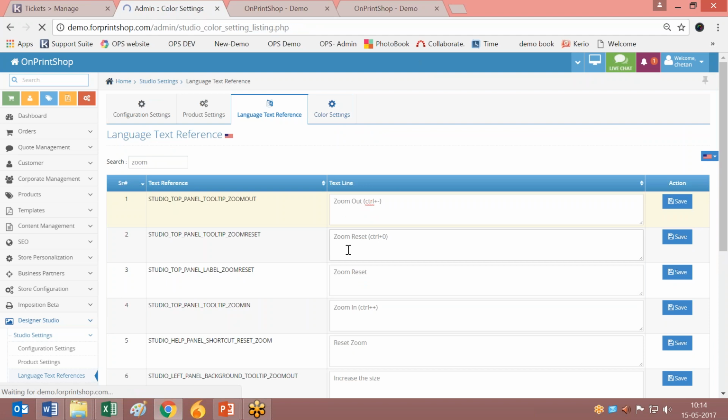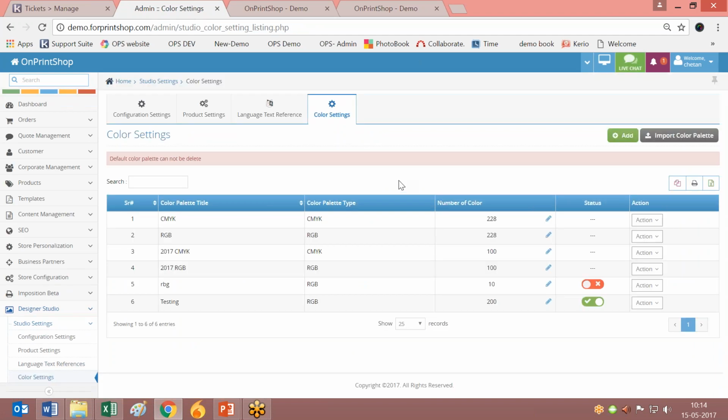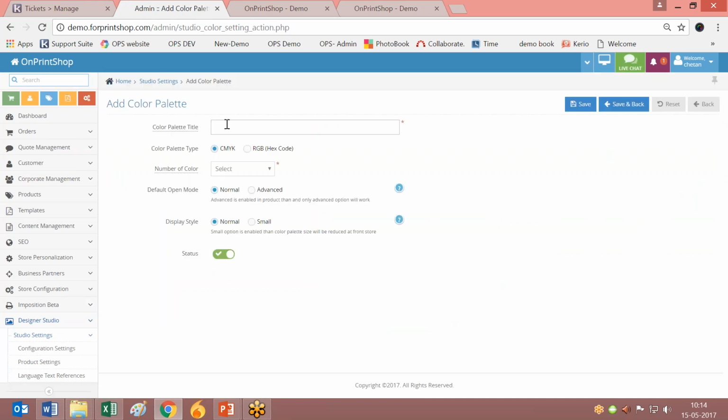Now the color palette. Here on the Designer Studio we have opted to give you more color palettes from your own, if you are willing to have those color palettes. This would be product specific. You can select the color palette for a product. You can add the color palettes from here. Let me move on and add one. Click on here. Color palette means